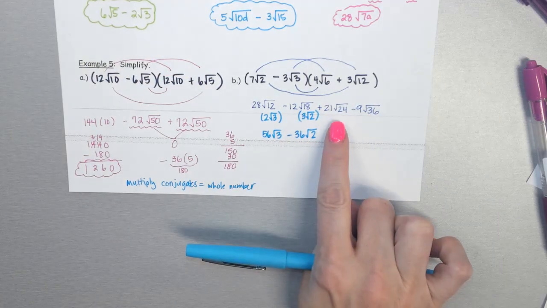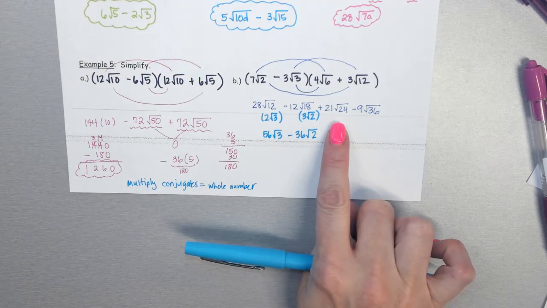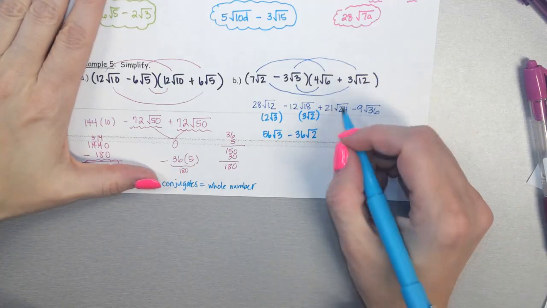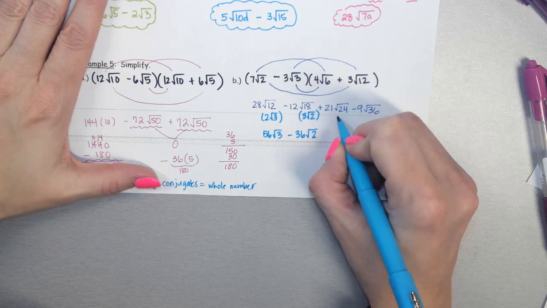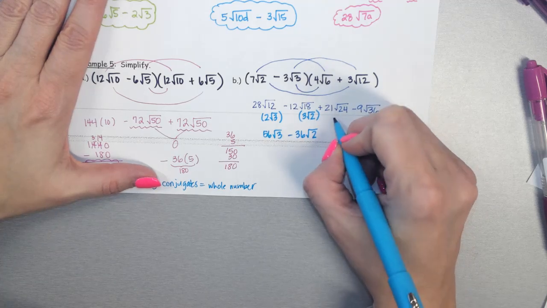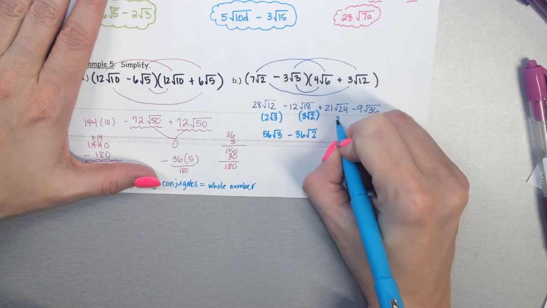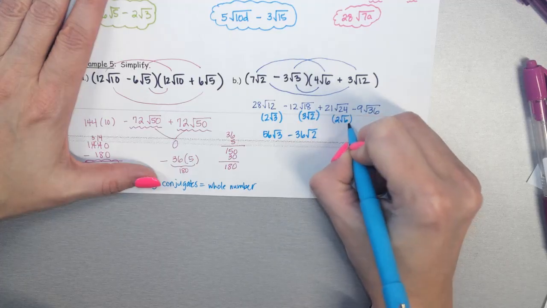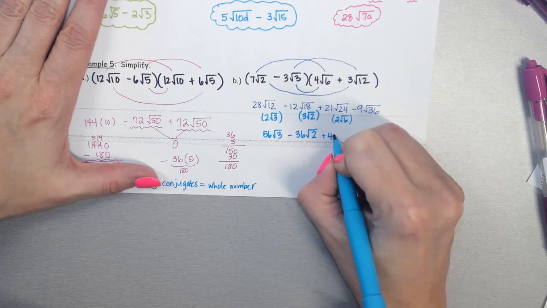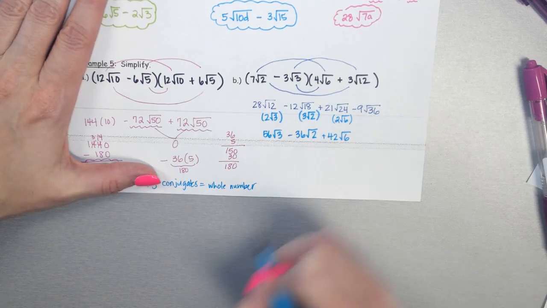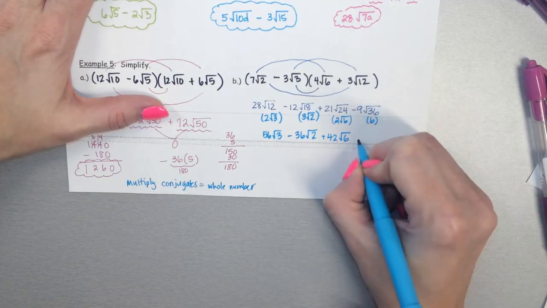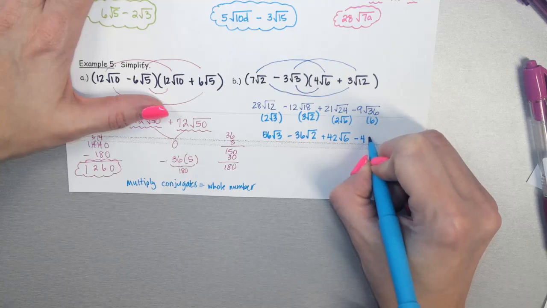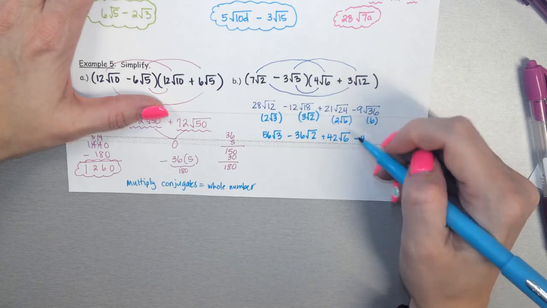Okay, and then Will, how'd you simplify this next one here? Yeah, 42 root 6. Okay, so tell me what root 24 was. 2 root 6. Yep. Okay, so the perfect square is 4, then you multiply to get 42 root 6. Okay, nice. And then the square root of 36 is just 6, right? So you guys have negative 54